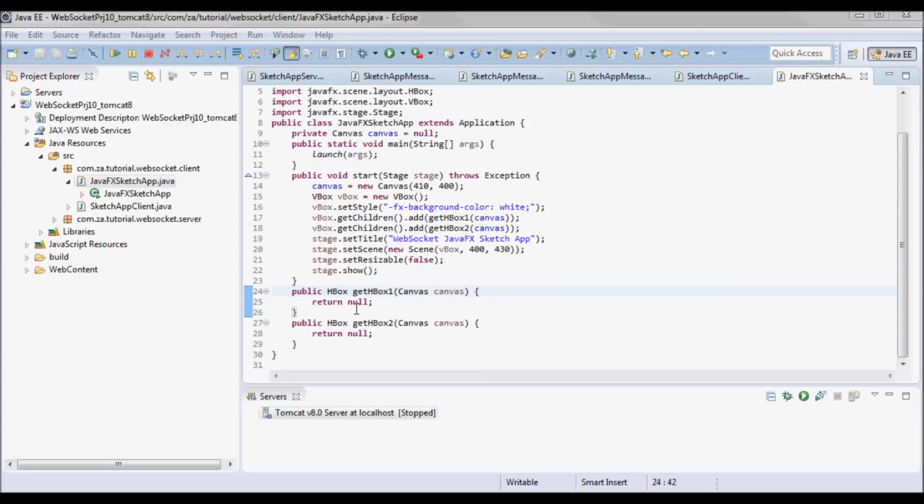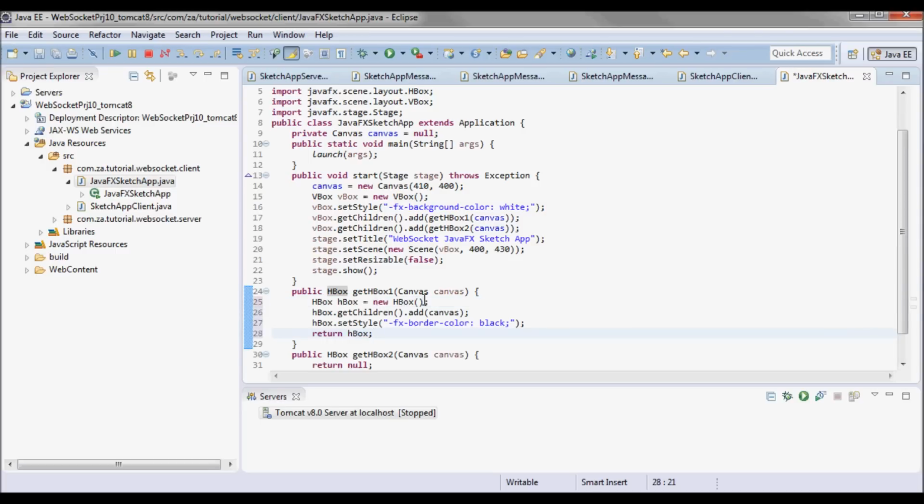Next, the getHbox1 method will return an HBox containing the canvas. So I'll instantiate an HBox and add the canvas to it and set its border color and return it.